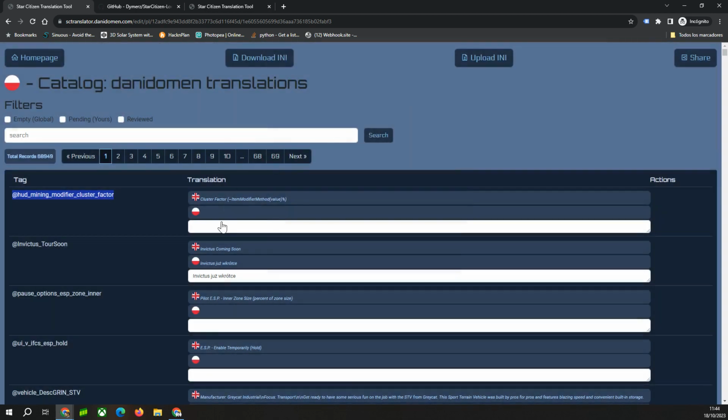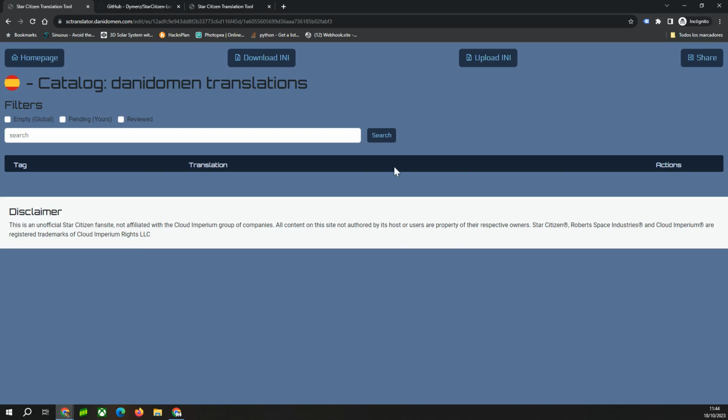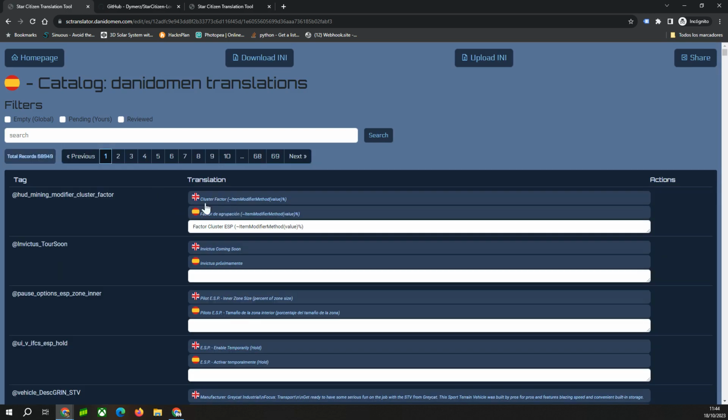The last thing: if you think that your translation for one language, or imagine for Korean, which is not loaded now, but you on your own catalog make the Korean translation or refine the Spanish one, and you think that it is very good, you can write to me and I will put it onto the global catalog for that language that loads here.